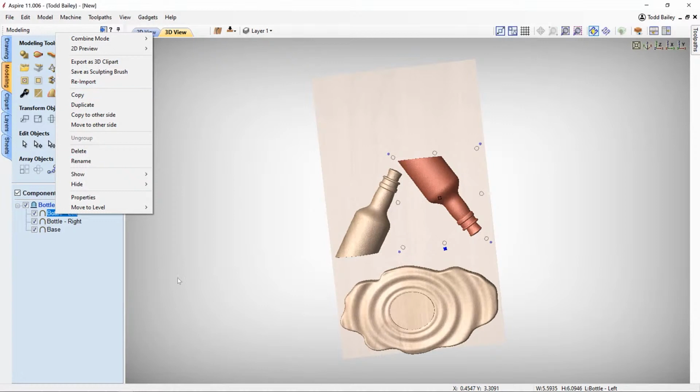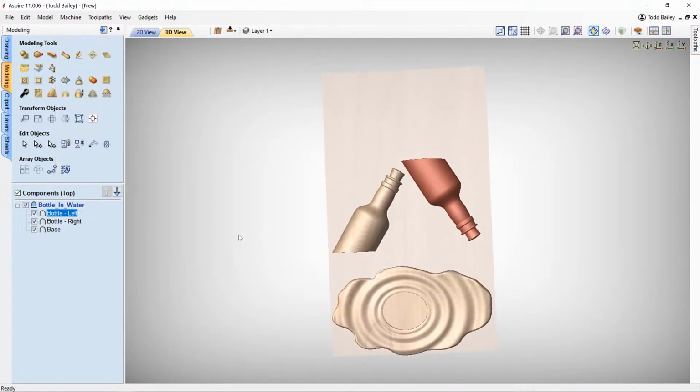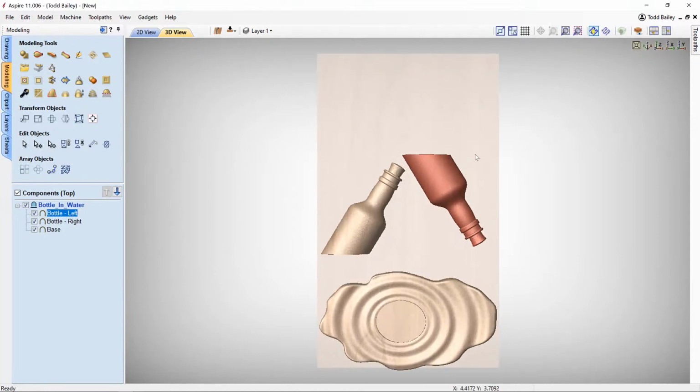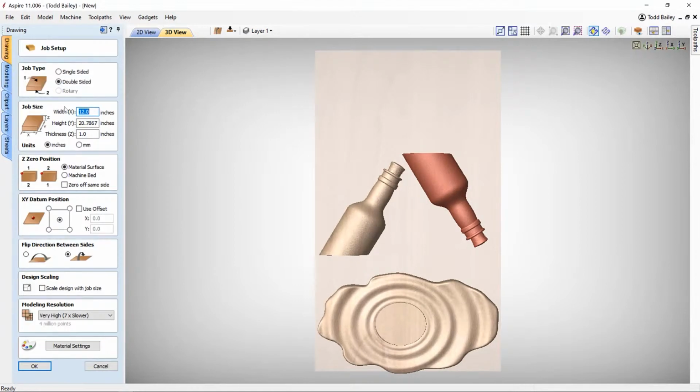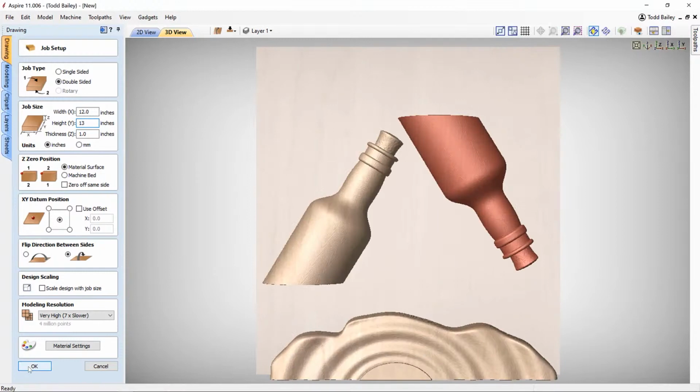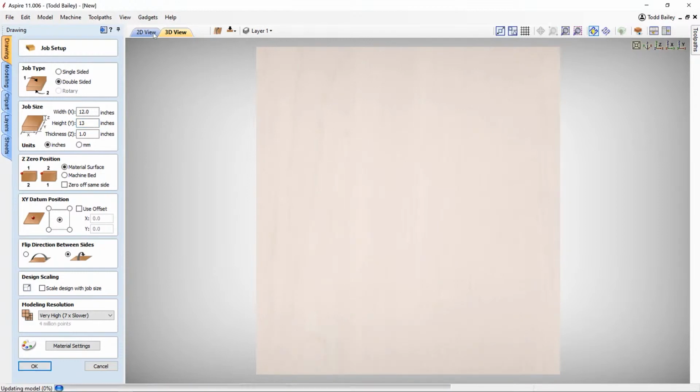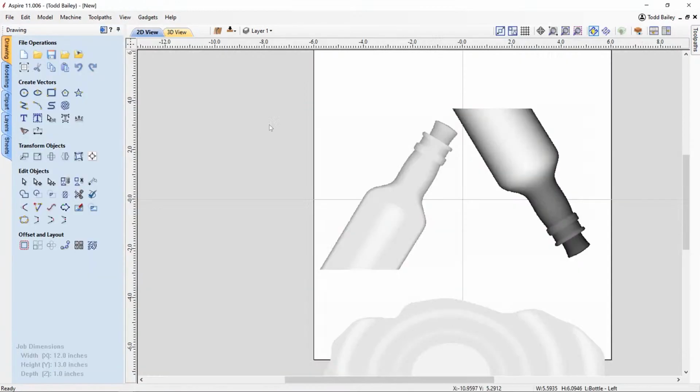But that's how you can go in and make any changes if you're not happy with it as it is. Now for me, the last little step I'm going to do here is this job size that it created for me is a little bit too big. So I'm going to go to my drawing tab and change my job size back to about 13 inches around there, and we're going to click OK, and then I'm going to take a look at my 2D view again,